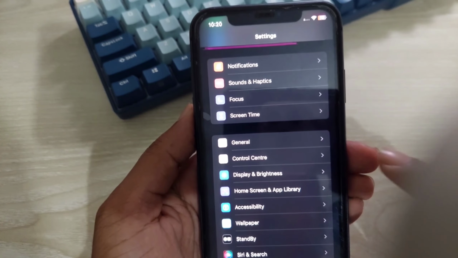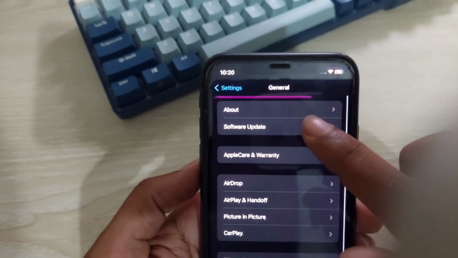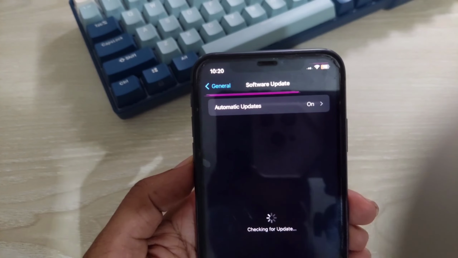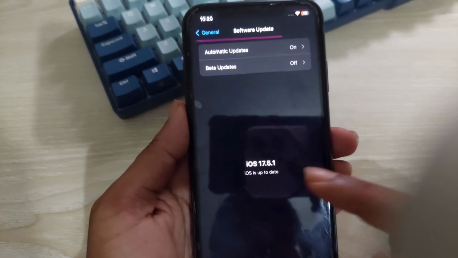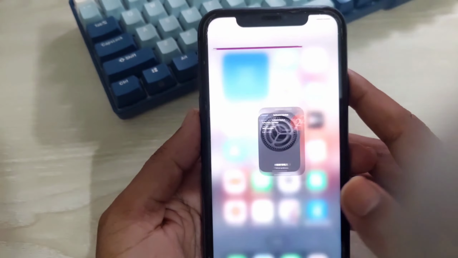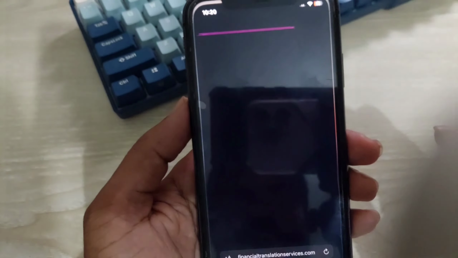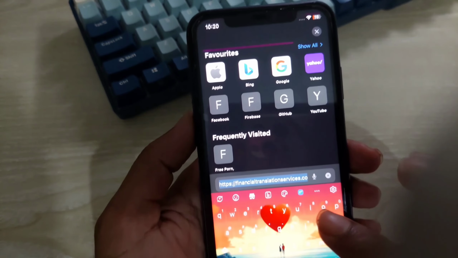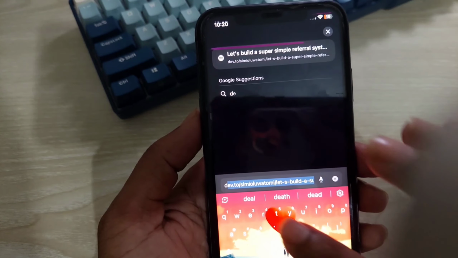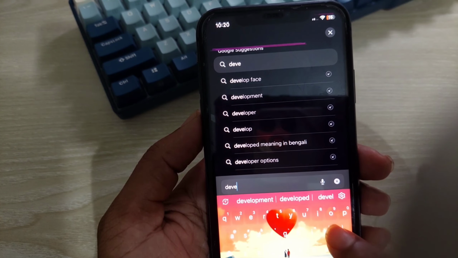So iOS 18 is not available or not showing on your iPhone. If you go to your update, then you can see iOS 17.5. So iOS 18 is not available. To enable it, you have to go to your Safari browser and type